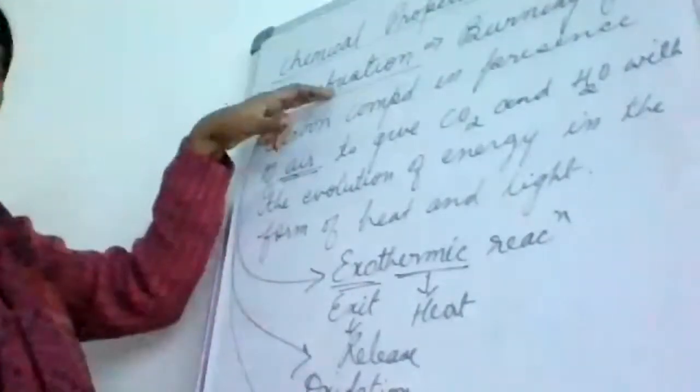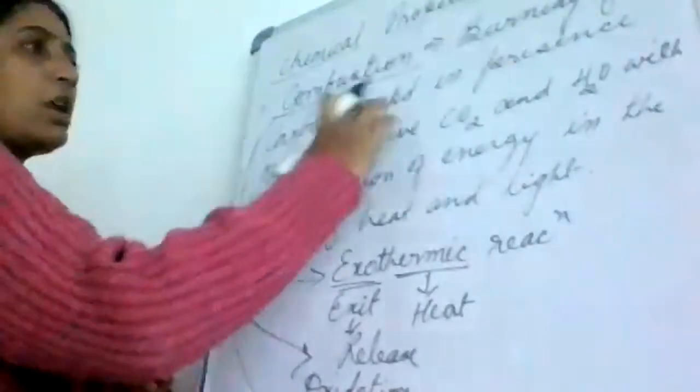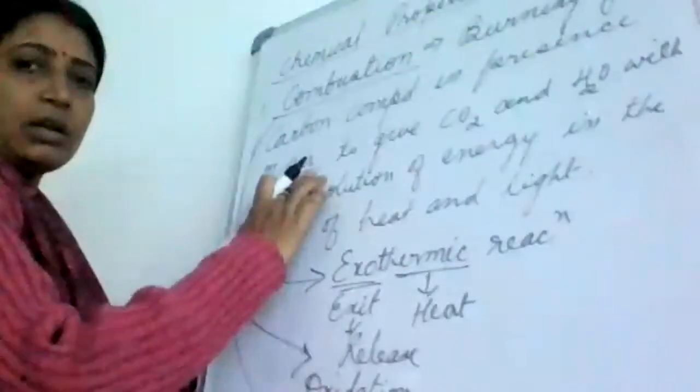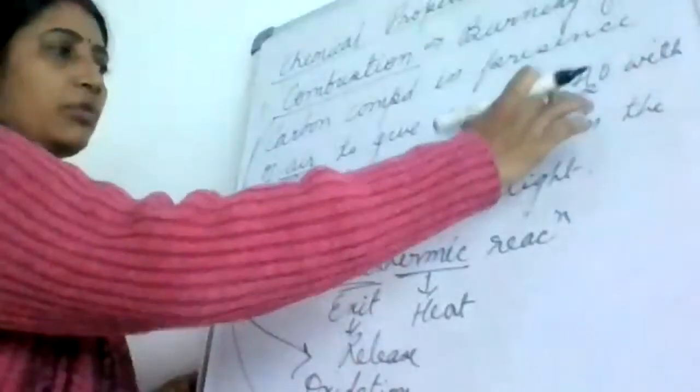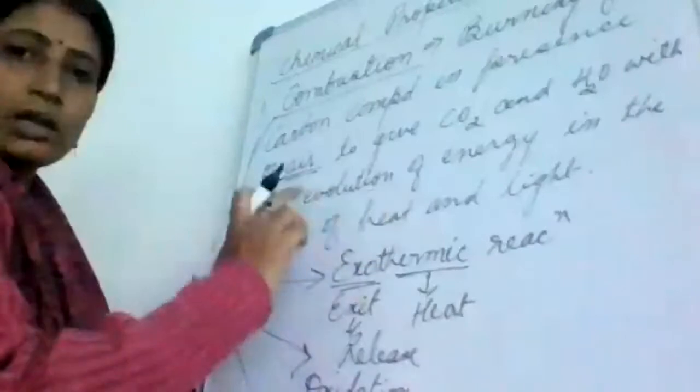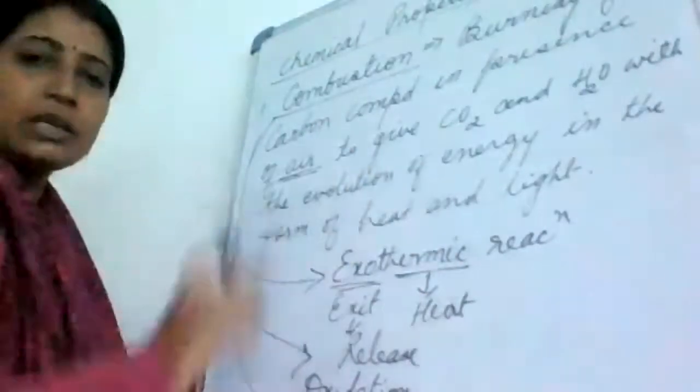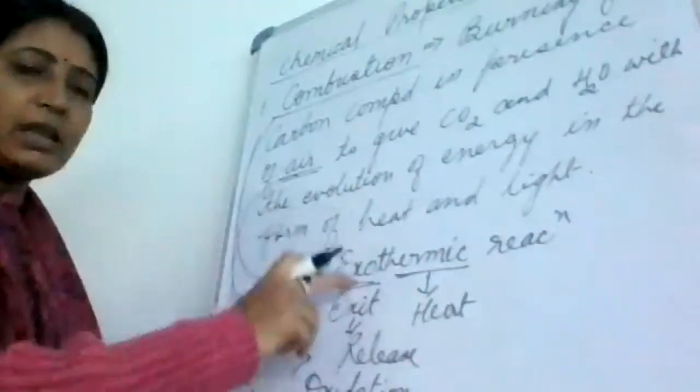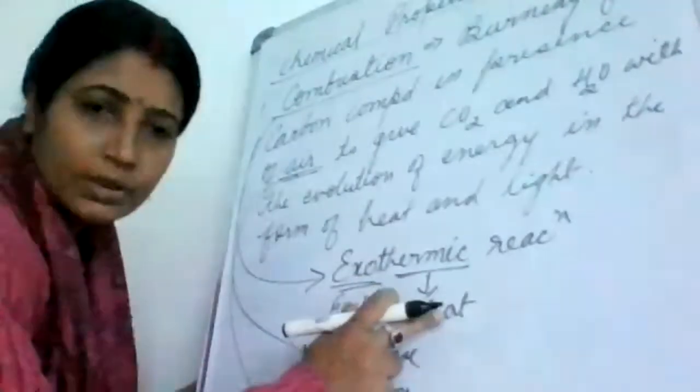So this is combustion. What is combustion? Burning of carbon compound in the presence of air to give carbon dioxide and water with the evolution of energy in the form of what? In what form will the energy come out? In the form of heat and light. It is exothermic. Why exothermic? Because of release of